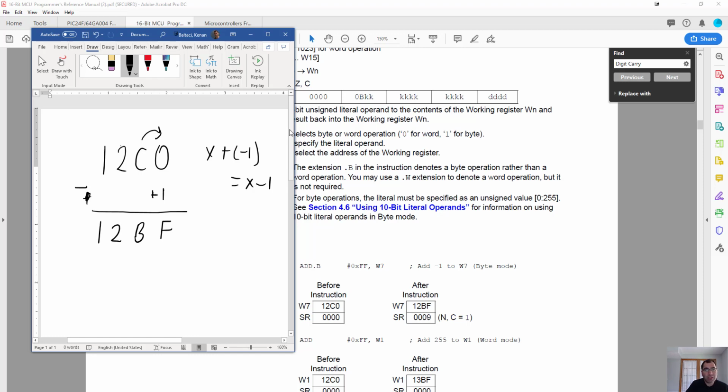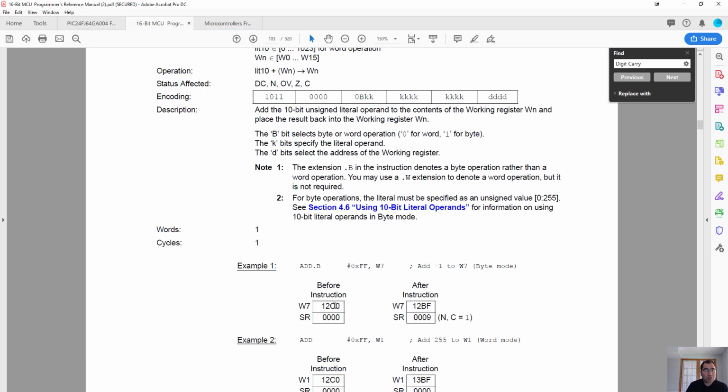So 1 2 B F, right? That's exactly what we got here. So assuming this was the content, by adding -1 to it, this is what we get, which is easy to understand. And then here they are assuming the status register initially